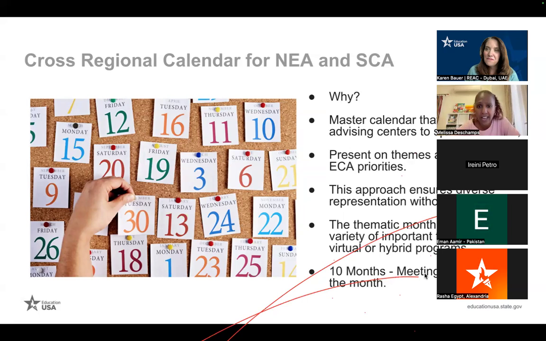So rather than have 10, 15 different offices offering sessions on the exact same topic in a particular month, and maybe reaching out to some of the same reps or some of the same other specialists, I would say, in terms of some of the international organizations, and also to leverage the attendance, it's helpful to coordinate and have different topics selected and then cross-promoted and cross-shared with different centers and across both regions.